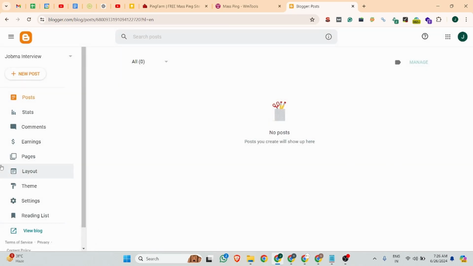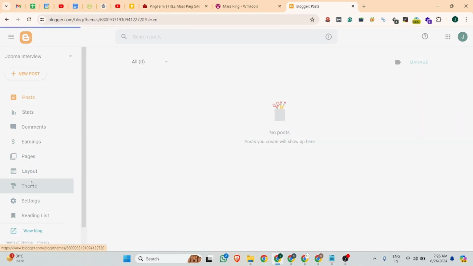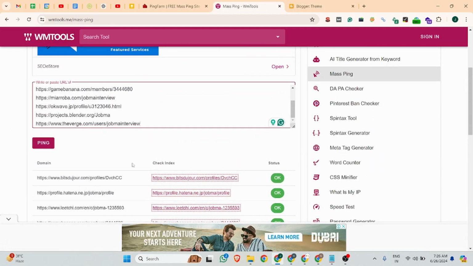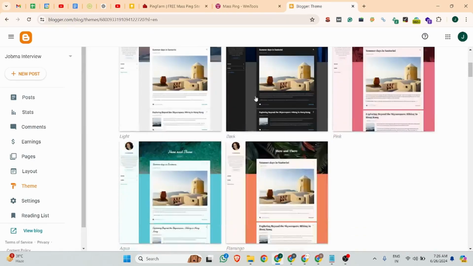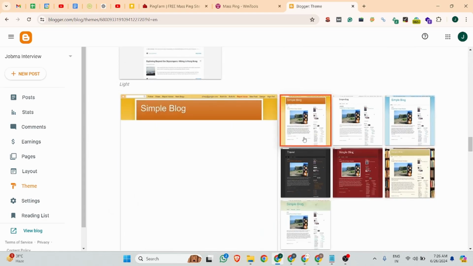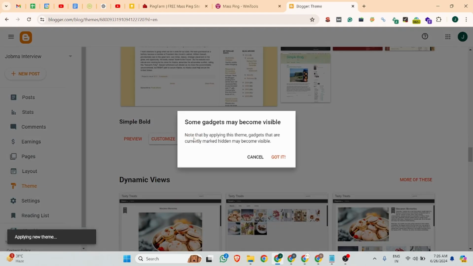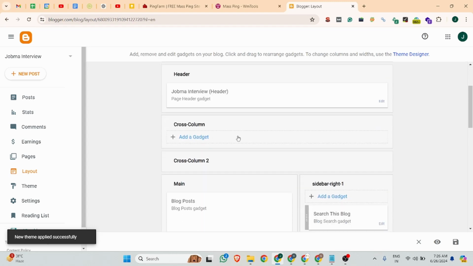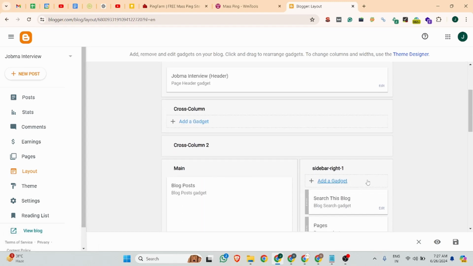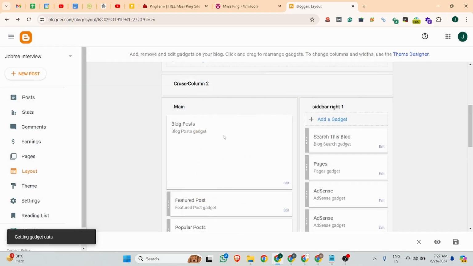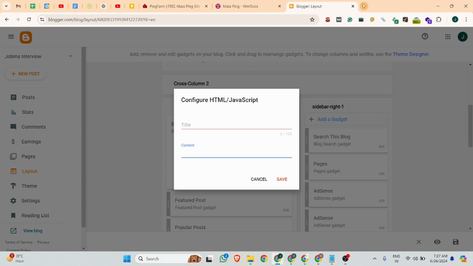And once you have created this, simply navigate to the theme section. You can see this website is under process, and simply select any theme. I am going to select this one, and simply click the apply button. Got it. After that, navigate to the layout section, and from there you can see there is a right sidebar. From there you can add a gadget to the right sidebar. There you can choose HTML, and what you can do next is